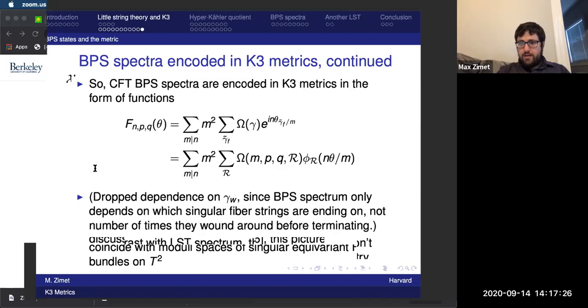So that logic fails for higher rank CFTs because you still only have a U1R symmetry. So you can't depend on the radius, how far from the origin you are, but now there's a whole sphere of angles, not just one.